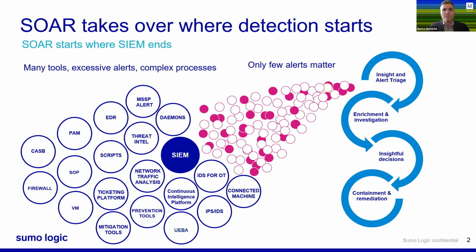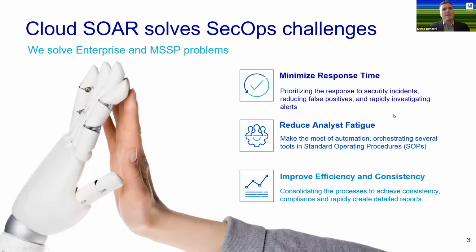All the information will appear in the case manager, and it's very easy for the analyst to analyze it and take decisions, so they can decide to go ahead in the process. This is very useful for them. So basically, SOAR helps minimize the response time, reduce analyst fatigue, and improve the efficiency and consistency of the SOC. You can leverage the playbooks, the SecOps dashboard, the KPI reports, boosted automation, the war room, and the others